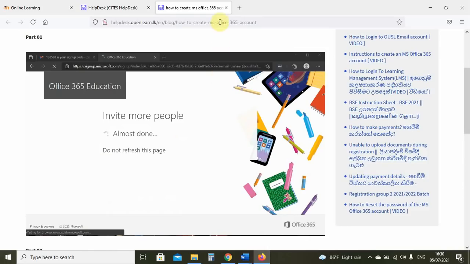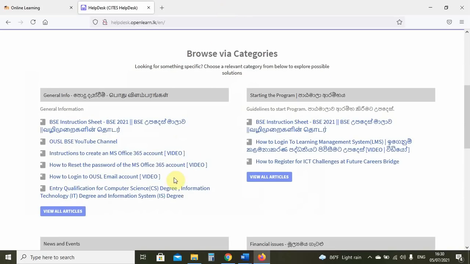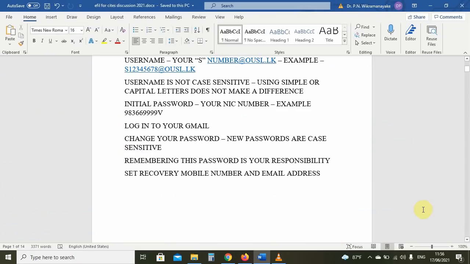Right, I will get out of this. And here also you have password reset, and instructions are given here how to reset the password if you lose it. Right, I won't look at that now. You should be able to look at these things and understand what to do once again without bothering us.